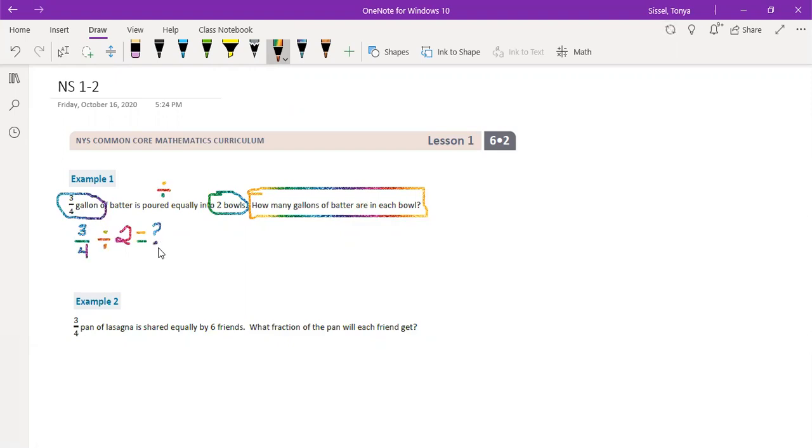Here's the key. Remember, I told you that there's always a key, and I'm going to show you. Here is the key. Always draw a little key so that you know that this is your key information. Your key info is